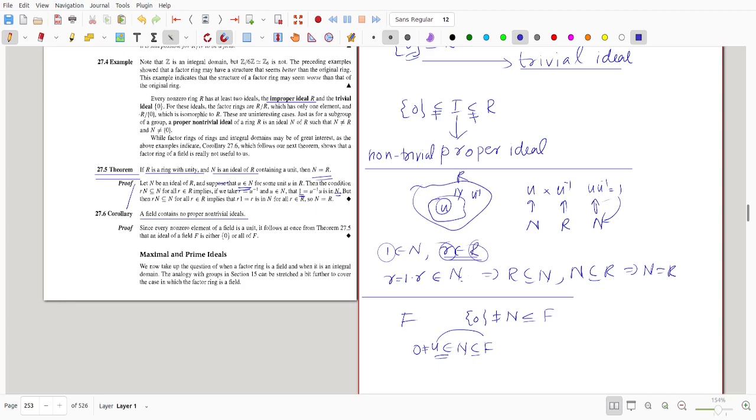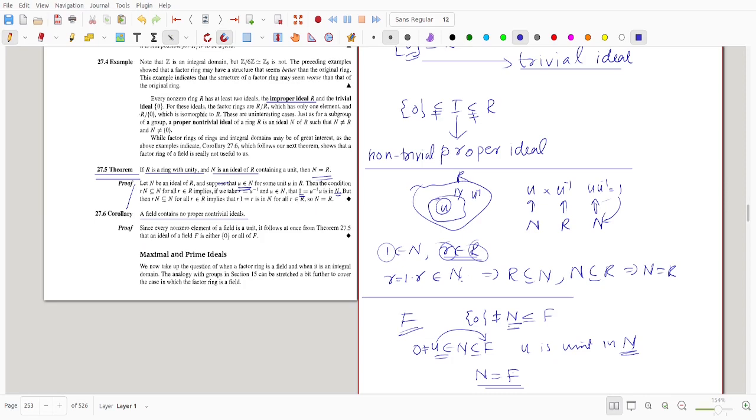Then u is a non-zero element of f, so we can say that u is a unit in n. Whenever an ideal contains a unit, then n is the same as the whole ring f itself. So any ideal which is not equal to the singleton set 0 is f itself. So f has only two ideals. So this is the corollary